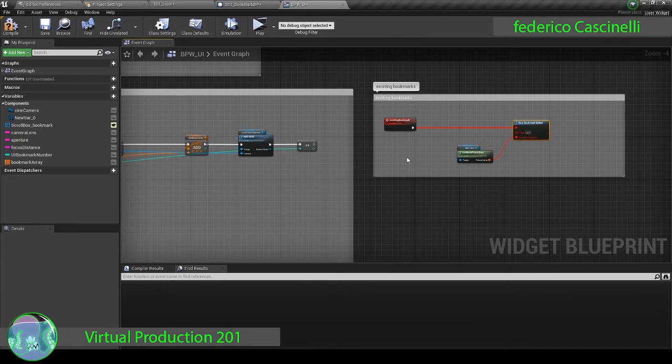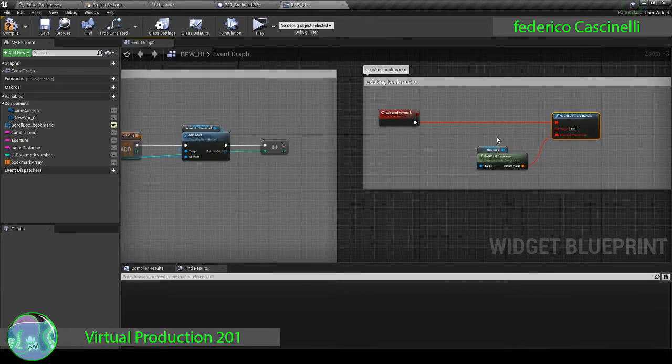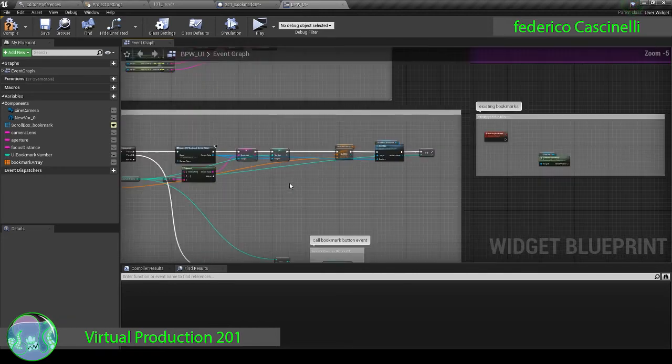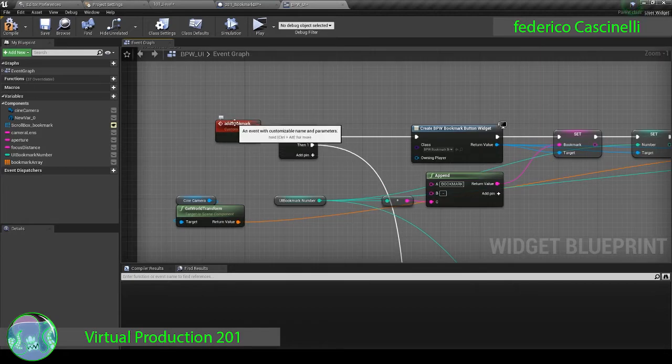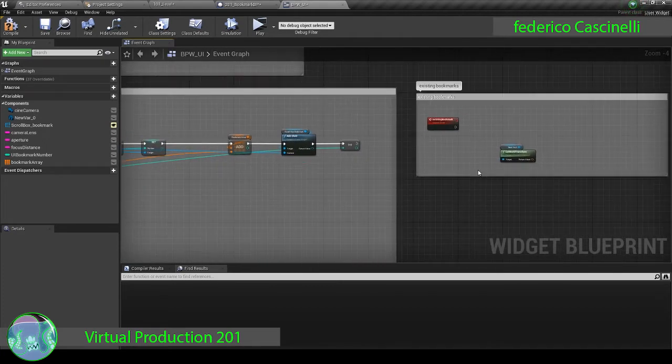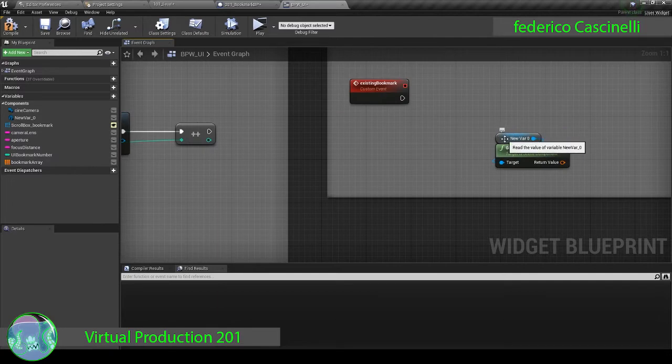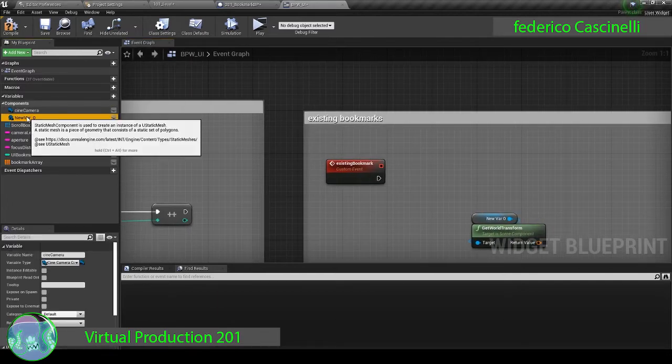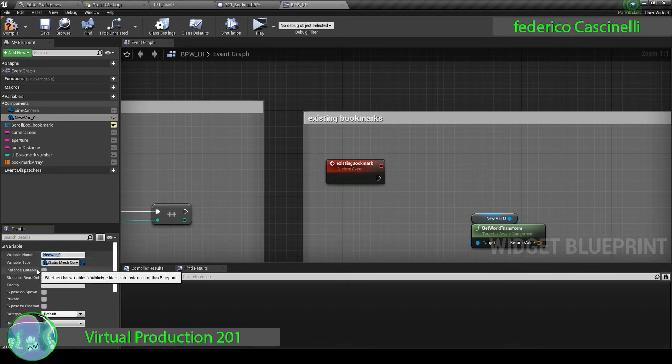So what do I need now? I need to call this new custom function, and this is again a reference for me to remember that I have to create a function to be called to create the new bookmarks. It's actually the same function we have been using before, this one, add bookmark, but this time instead of getting the information from the camera position, I need the information from the cylinder of the new one. I can change the name here so it's more clear. So I call this one in editor